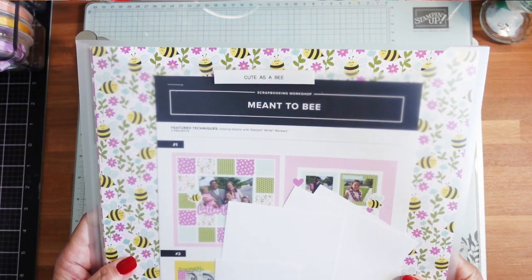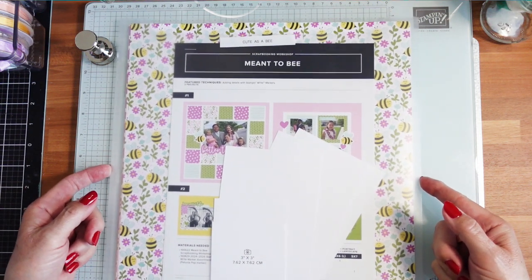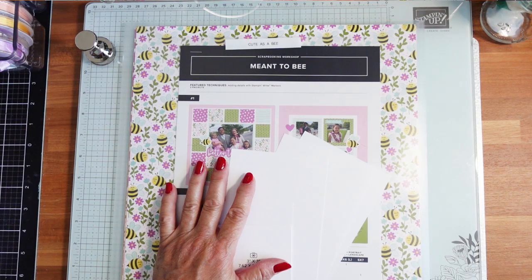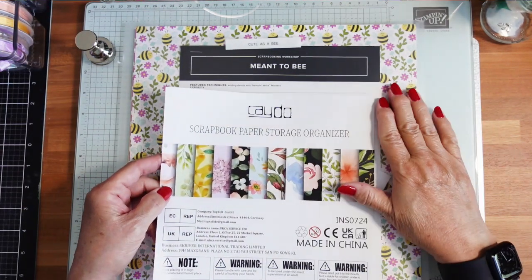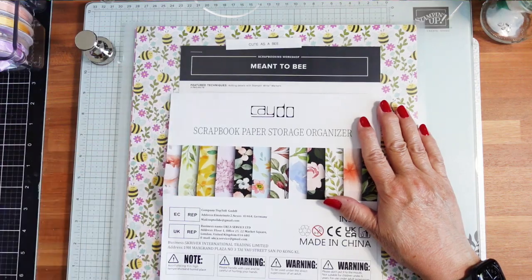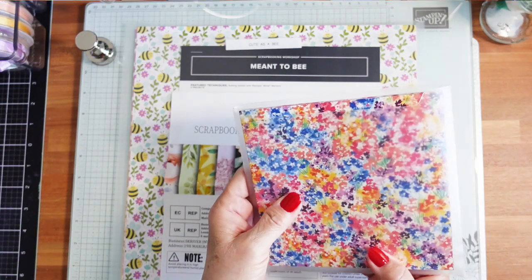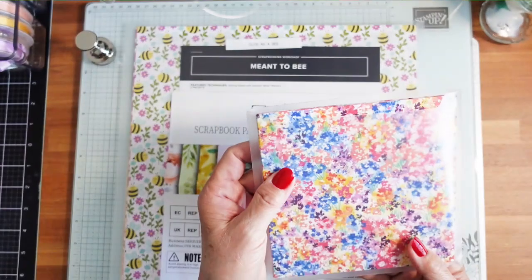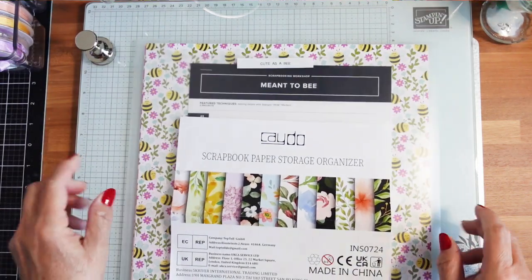So I have organized my scrapbook workshop kits in these wonderful 12 by 12, and they're slightly bigger than 12. I think this is 13 by 12 and 3/4. These are scrapbooking paper sleeves, storage organizers, and they're from Cato. This is what the package looked like. They have a 12 by 12 inch size and a 6 by 6 inch size, and I've organized some of my smaller papers in this size too. I actually cut down my Bloom Impressions papers to be 6 by 6, and I cut the back packaging and stuck this in here. I really like this, but my scrapbook workshop kits I didn't cut down